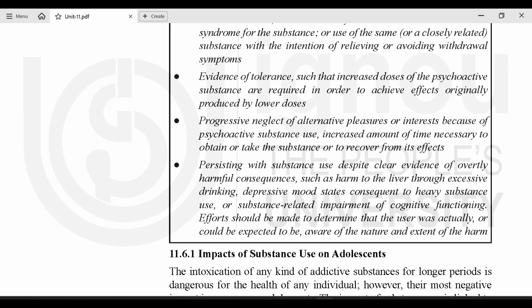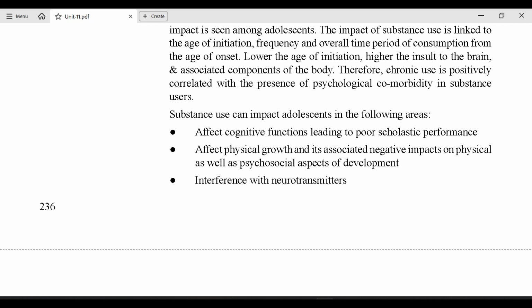11.6.1 Impacts of substance use on adolescents. The intoxication of any kind of addictive substances for longer periods is dangerous for the health of any individual. However, their most negative impact is seen among adolescents. The impact of substance use is linked to the age of initiation, frequency and overall time period of consumption from